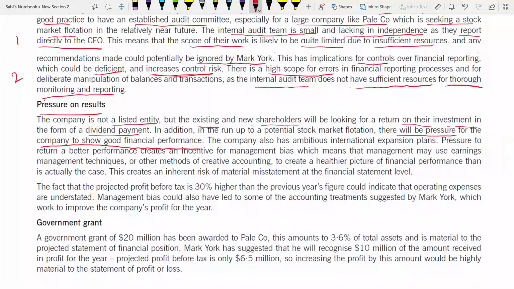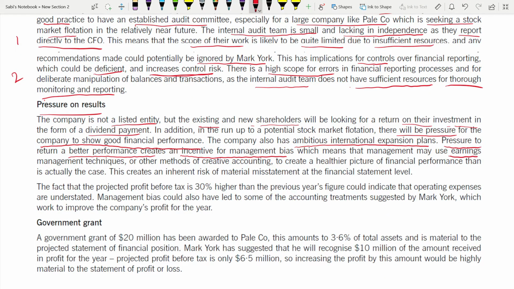So the company also has ambitious international expansion plans. They are planning to expand internationally. Because of this, there is a pressure to return better performance, which creates an incentive for the management buyers. That means management will always try to show that they are good, that their financial condition is good, even though it's not, because they are buyers now. Because there's a pressure that they have to show better results, management may use earnings management